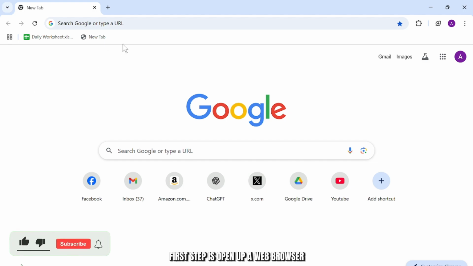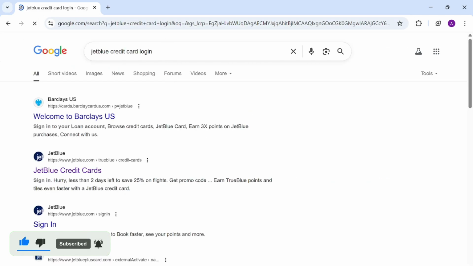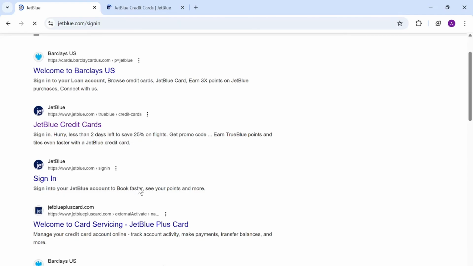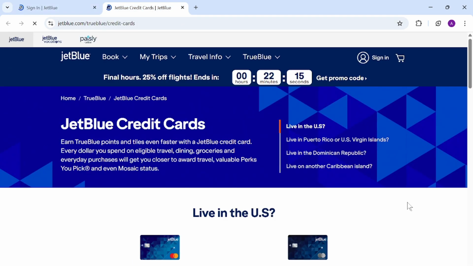First step is open up a web browser. Simply search for JetBlue Credit Card login. After you search for that, we'll head over to this JetBlue's website. You can head over to this JetBlue Credit Card or you can directly head over to this sign in option as well. After you do that, let's head over to this credit card website where you will need to head